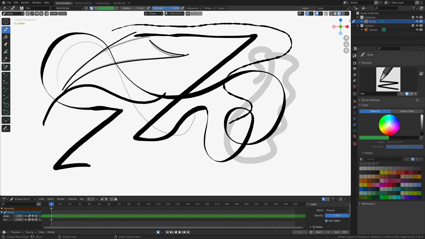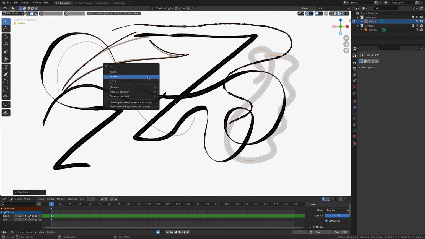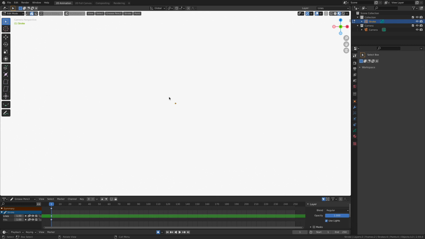I'm going to get rid of this stuff here real fast. I'm going to go into my box select tool and drag out a selection box. And it's going to select all the strokes inside that box. Notice in my edit mode here, I'm on the stroke selection engine. And then simply, I'm going to hit the X key on my keyboard and just delete the strokes. Okay, so all those are gone. I want to return to my draw mode.